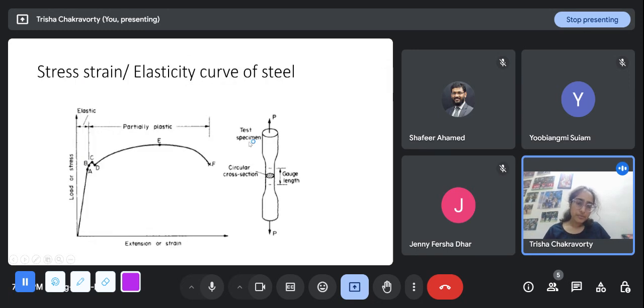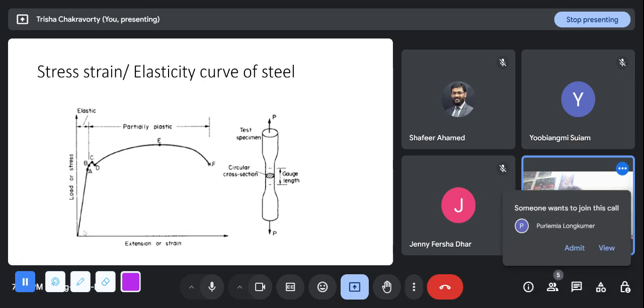Tensile force is applied and increased, and we note down the force applied and divide it by area to get the stress. And using an instrument called a strain gauge, we note down the strain developed in the specimen. So in this sample we get a stress strain curve. These are the important points. A is the limit of proportionality, till which the stress strain curve exhibits linear behavior. And this slope, the stress by strain, as we already know by Hooke's law, is the Young's modulus or the modulus of elasticity.